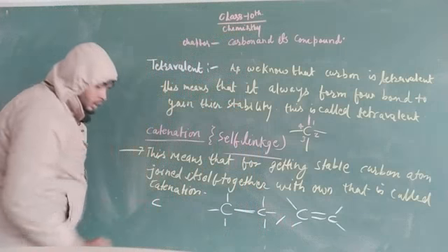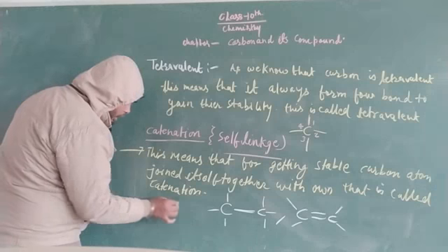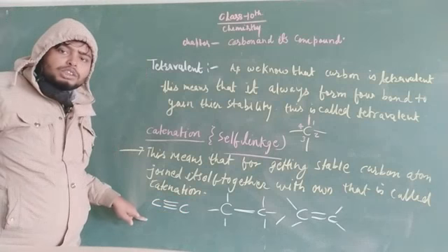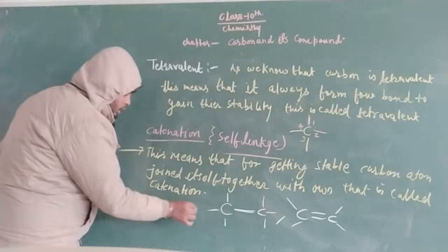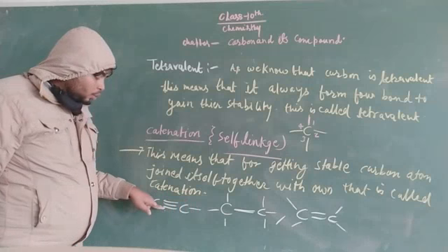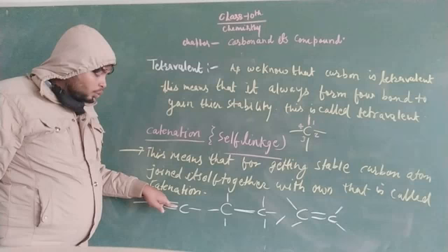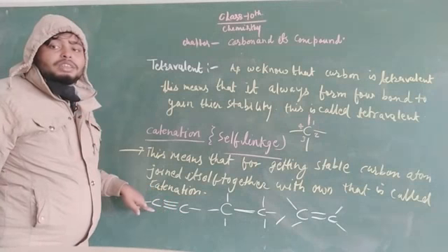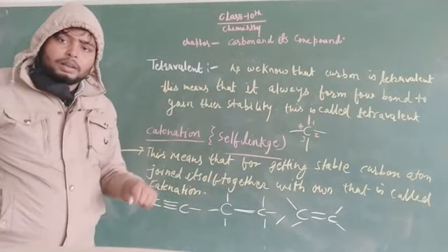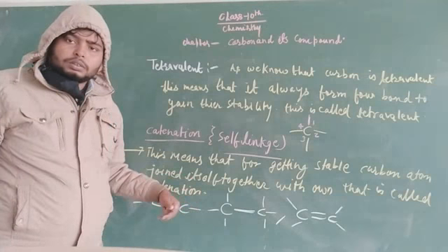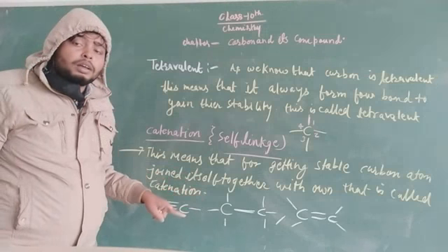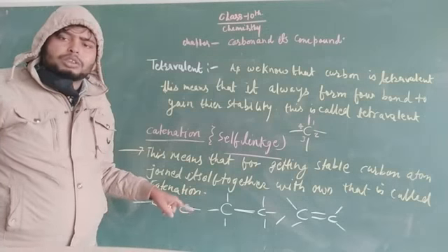This is another example with 3 carbon atoms. This carbon atom is combined with another carbon atom having 3 bonds. Again we have to establish the tetravalency like this. This is another atom, this is another atom. This carbon atom also has 4 bonds: 1, 2, 3 and 4. Both carbon atoms are satisfied with the help of tetravalency. That means tetravalency is completed and carbon gets stable. So this process is known as catenation. This process is also known as self-linkage, and this is the very unique property of carbon, giving it more than an individual number of compounds.